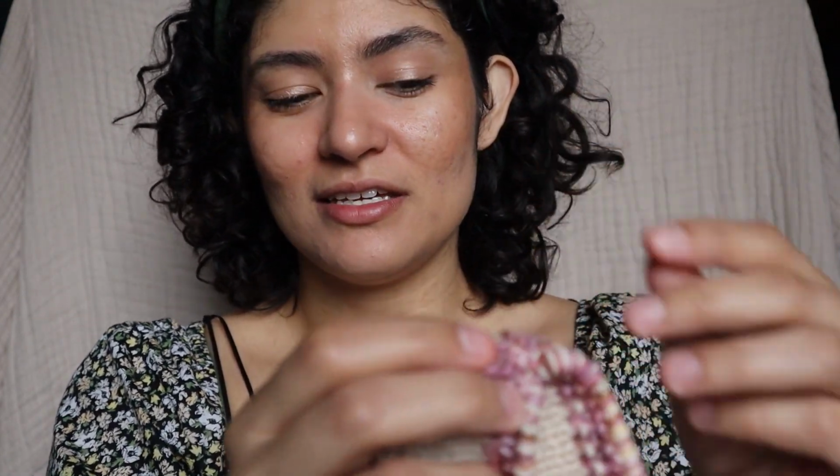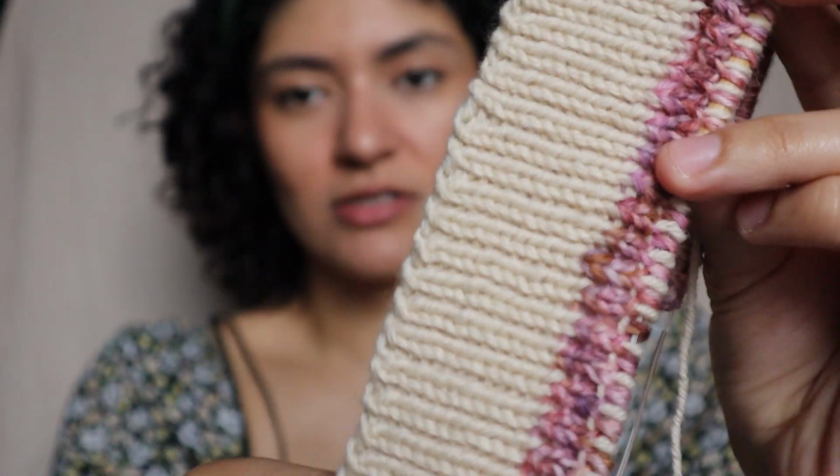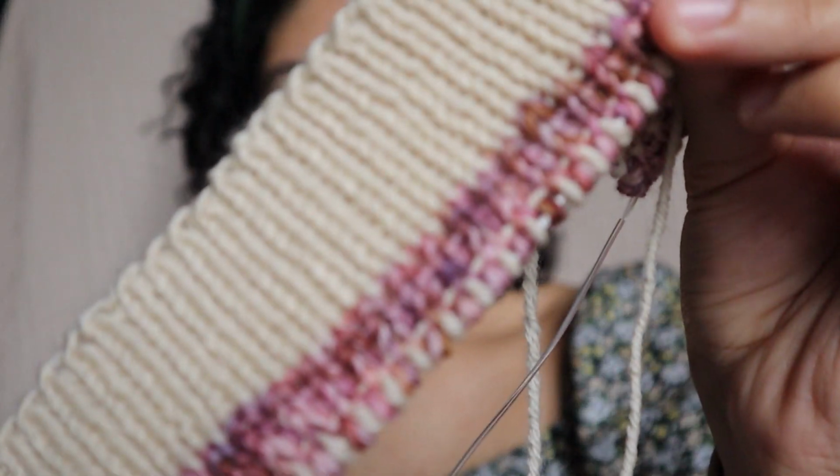So now, I do like how the yellow looks with the pink. The pink is Explore Knits and Fibers, their Cashmere Cavern sock in Irish Heather, from their Ireland collection. I really liked it, but because it's a single skein, I didn't know what to do with it, so I just rolled it up into 10-gram balls to use for this project. But I feel like there's definitely some warmer tones and a deeper yellow-brownish color. So I kind of wanted to, let me see. I think that's too dark, but